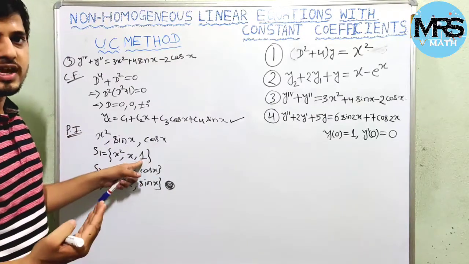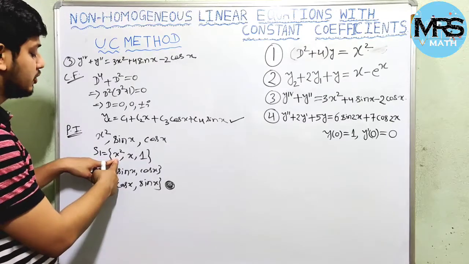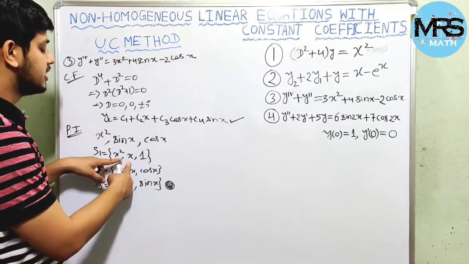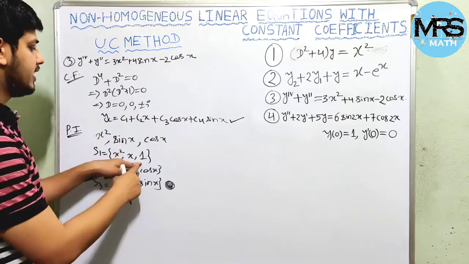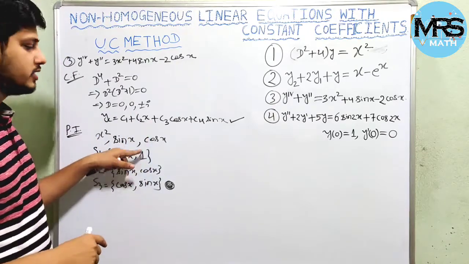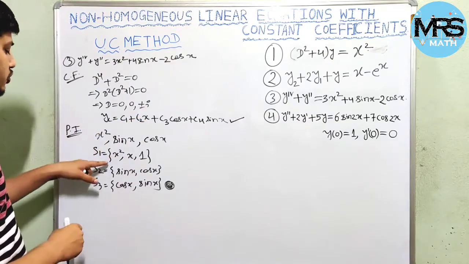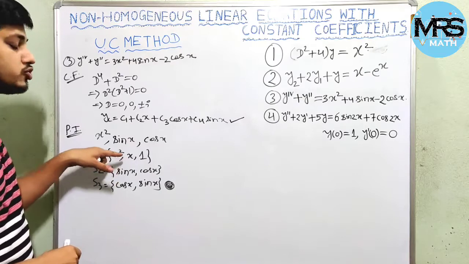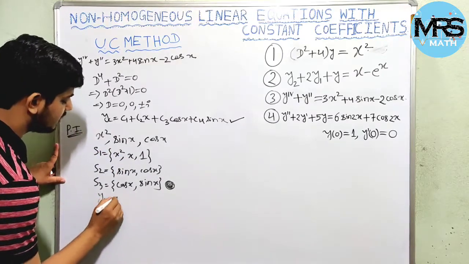Next is x², we will see. If you multiply by x², then here you will get x⁴, then here x³, then here x². So there is no problem, correct? There is no function present in the complementary function. So we have to multiply by x². Let us multiply. So our yp will be equal to